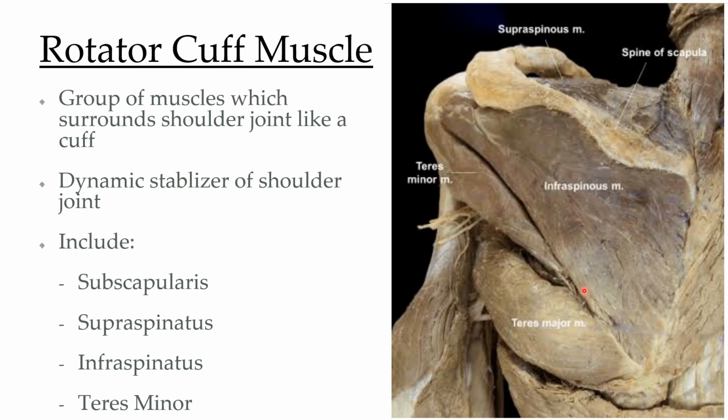This is the lower border of infraspinatus. This corresponds to the lateral border of the scapula. We know that over the dorsal surface of the lateral border of the scapula, over the upper two-third part, teres minor muscle takes origin, and from the lower one-third part, teres major muscle takes origin. So in this illustration, you are able to see three rotator cuff muscles from the posterior aspect, which are supraspinatus, infraspinatus, and teres minor. The subscapularis can be seen from the anterior side.